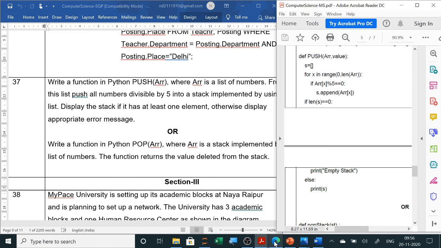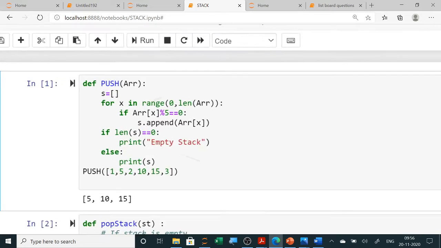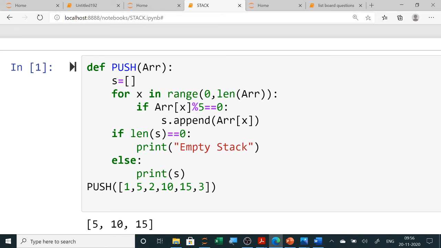So already we have solved this question. So here you can see this question is already solved. In the previous video we have solved this. So this was given in the question paper. We have to push in stack, as an empty stack we have taken to push in it, and then one by one we will divide that element. So here list we have already done, how to access an element of a list, and we will divide it by 5. If it is divisible we will append the value, and this is used for output. So this is to display the output.